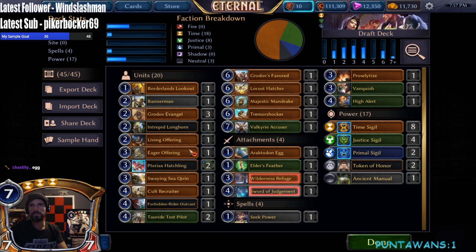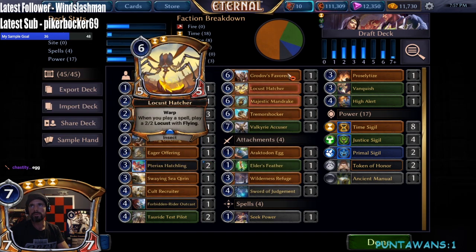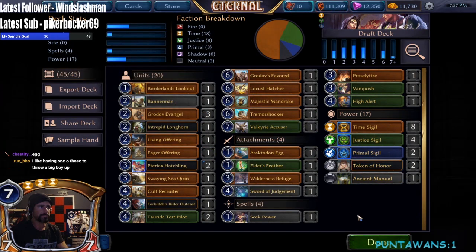Silence effects, we only have 2 though. Living Offering and a Grodov's Favored, so that is something to consider, but...